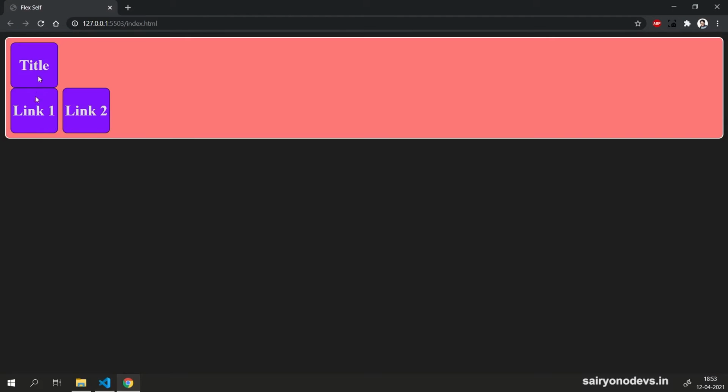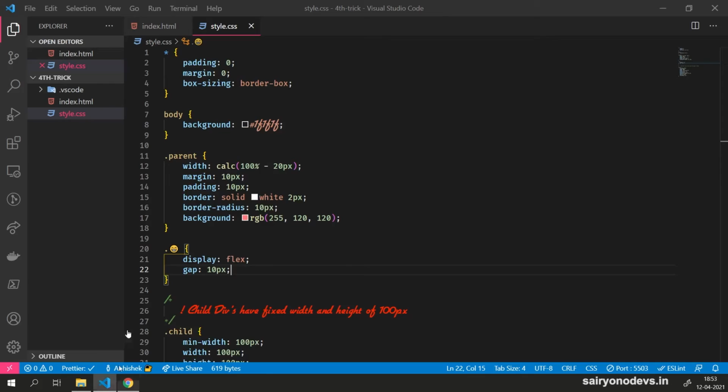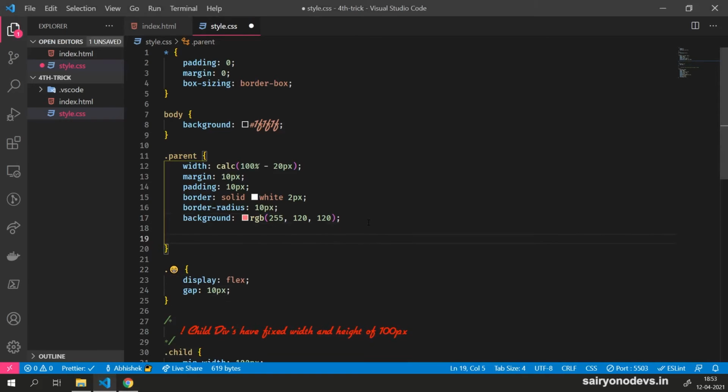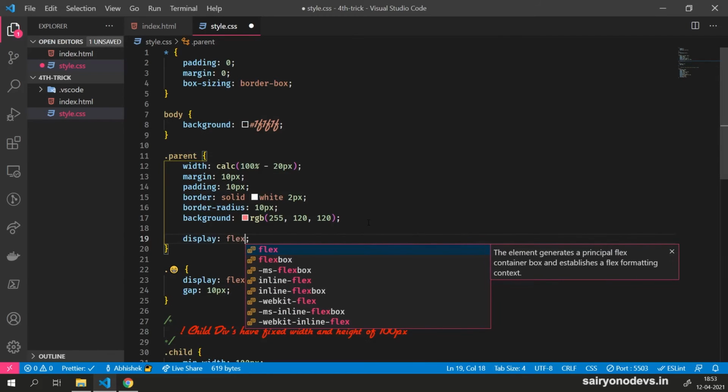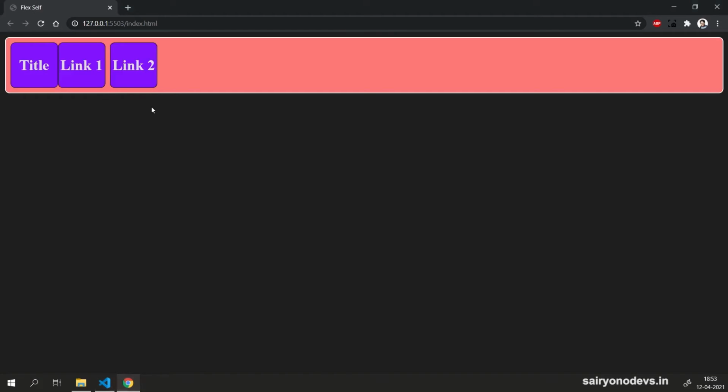Now to bring the title and the links in the same line, we will make the parent container div, that is the red portion, a Flex itself. Yep. Now by default, the Flex direction is row and the justify content is set to flex start. Now we have to edit the justify content property to make the links go to the right.